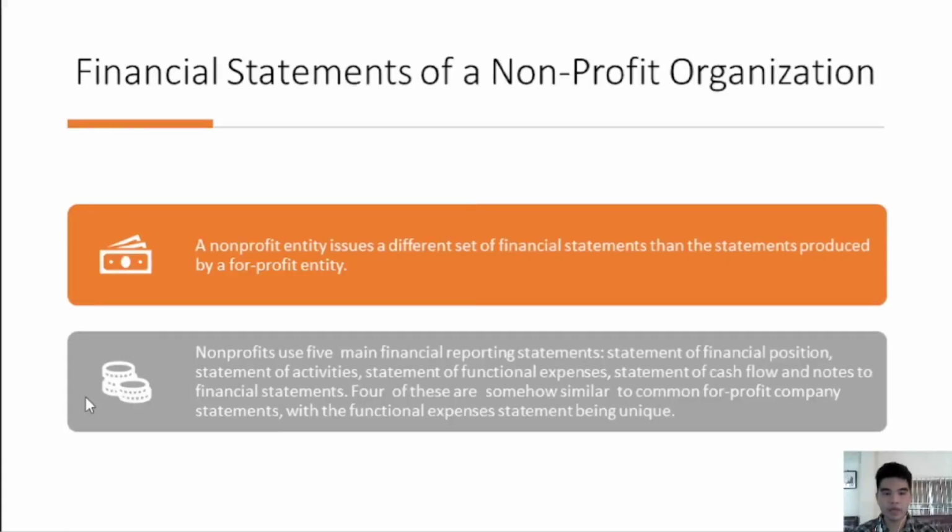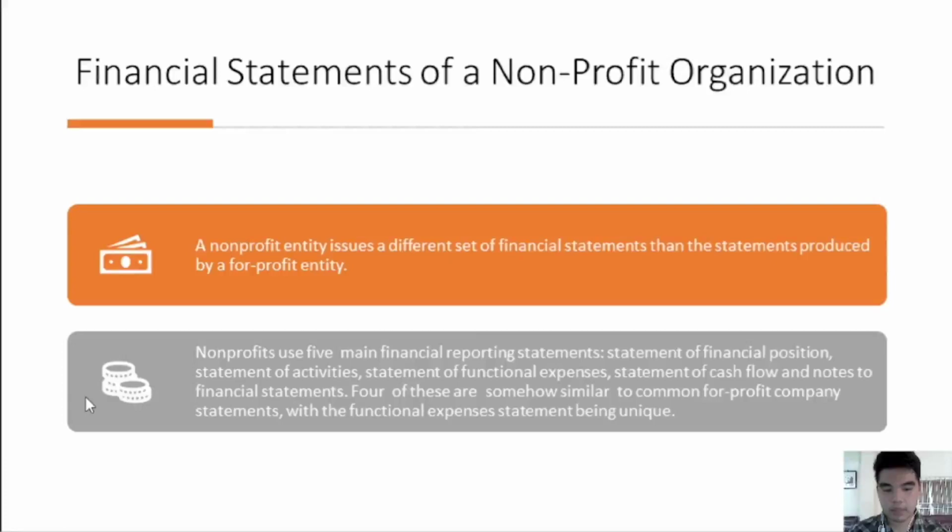So, a non-profit entity issues a different set of financial statements than the statements produced by for-profit entities or corporations. According to the Statement of Financial Accounting Standards number 117 of the Financial Accounting Standards Board, a complete set of financial statements of a not-for-profit organization shall include the statement of financial position as of the end of the reporting period, a statement of activities, and a statement of cash flows for the reporting period and accompanying notes to